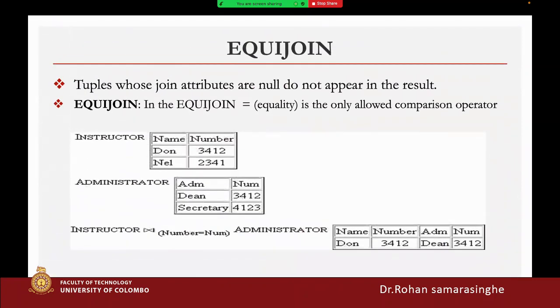The equijoin. In an equijoin, tuples whose join attributes are null do not appear in the result. In equijoin, equality is the only allowed comparison operator. Instructor and administrator: here, when you get the Cartesian product of